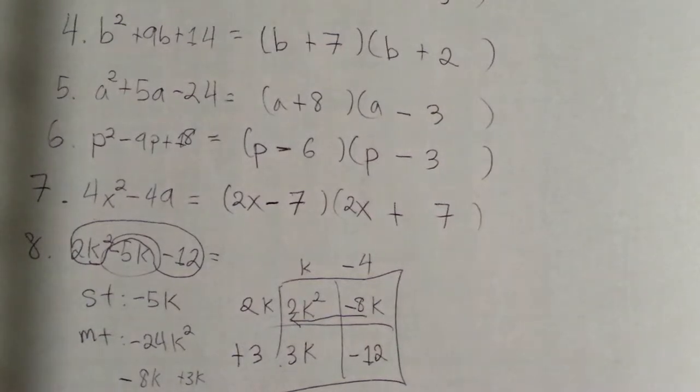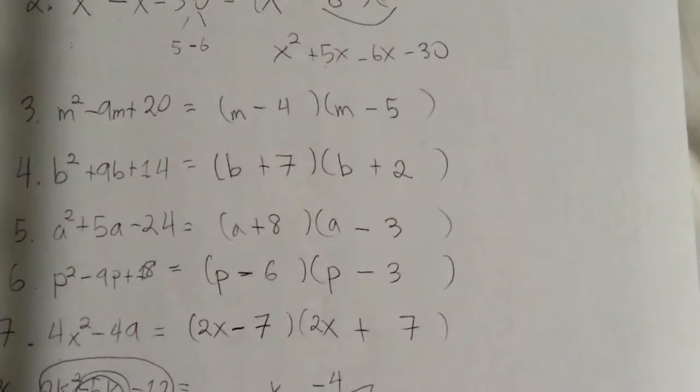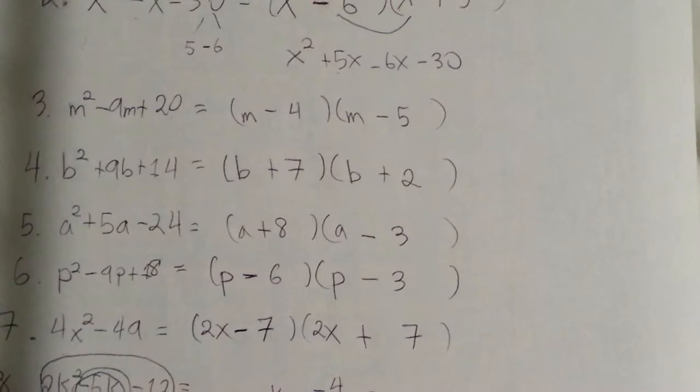So now that we've been working with factoring, let's start looking at some applications of factoring. Well, we can look at problem 9, where it says the area of a rectangle is represented by 3x squared minus 7x minus 6. It wants you to find the length and width of the rectangle. Okay, so if the area